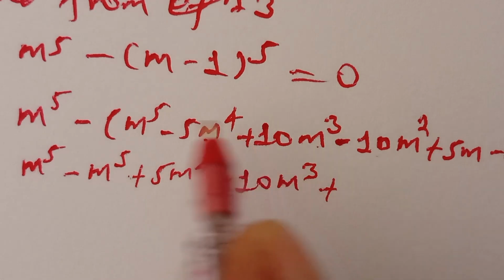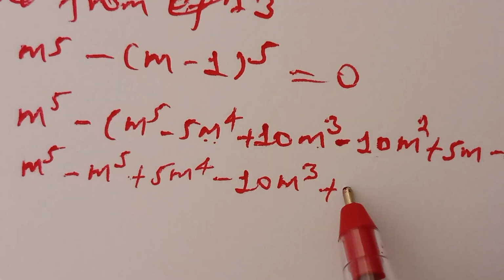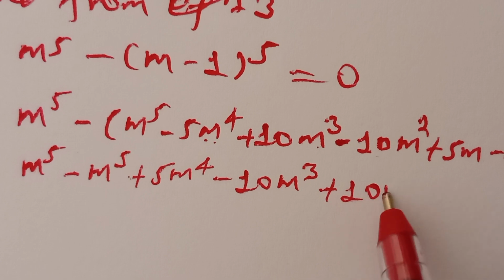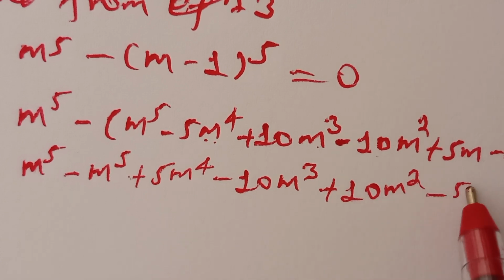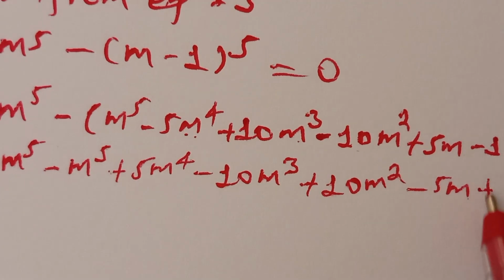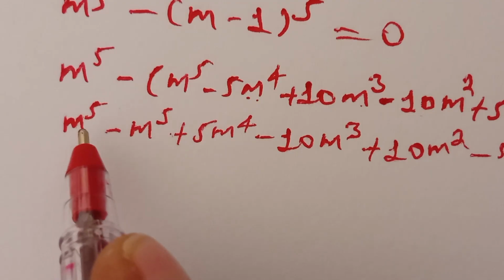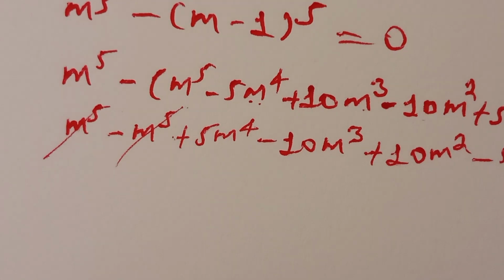This becomes plus, since this multiplies this 1, plus 10m squared, and this becomes minus 5m, and this becomes plus 1 is equal to 0. m to the power of 5 cancels by this m to the power of 5, so this becomes